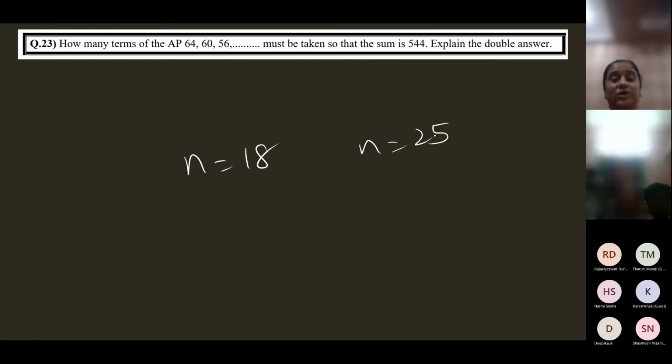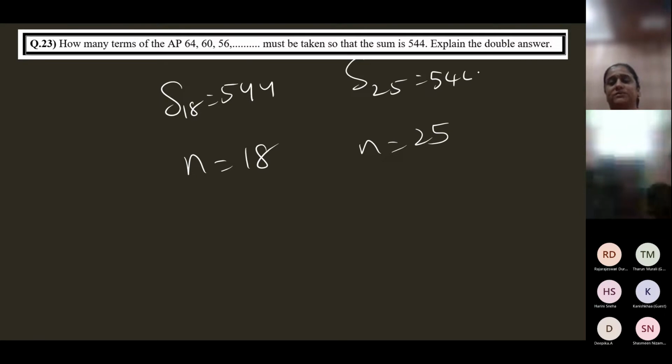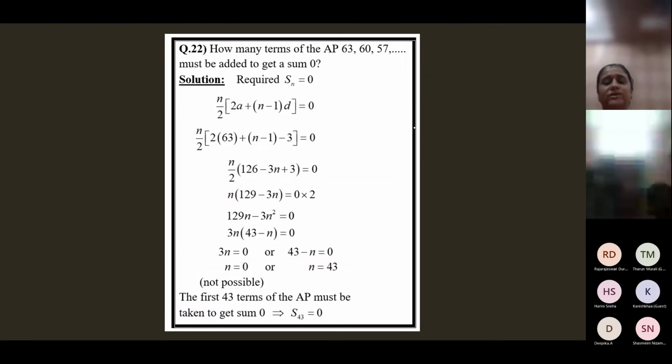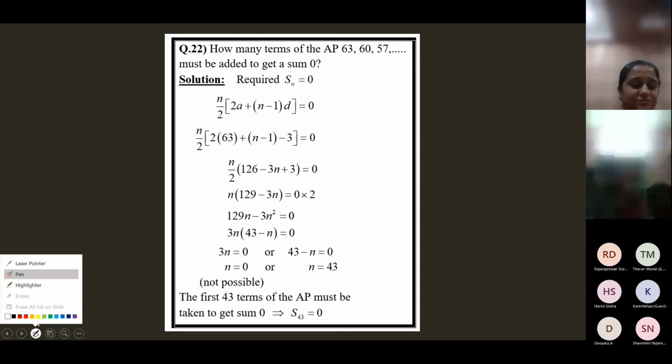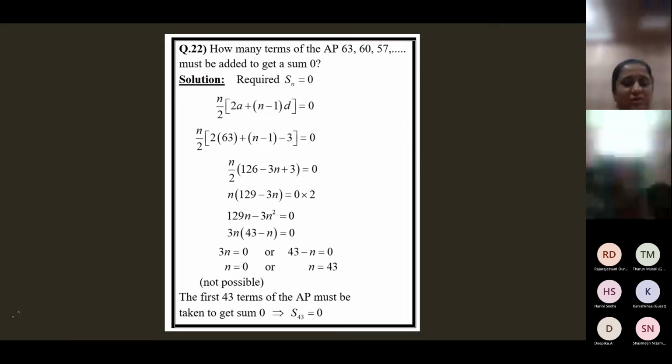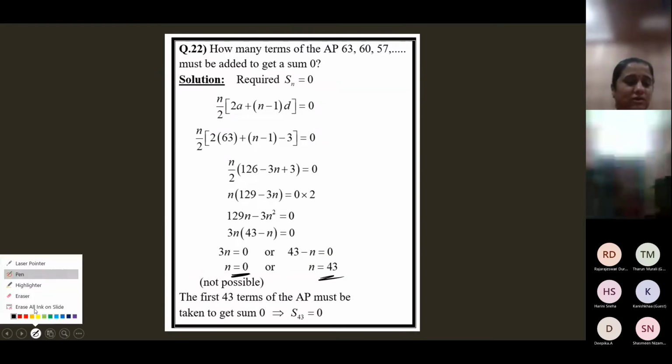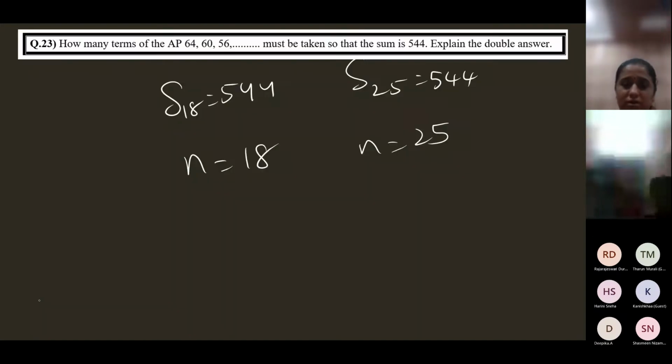Now you cannot say 25 is bigger, so I'll go with 25. Or you cannot say, no, 18 is small, so I'll go with 18. No, both are acceptable. Sum of 18 terms can be 544, or sum of 25 terms also can be 544. See, in the earlier case, we said n cannot be 0, because that is very logical. So we said n is 43. But supposing you work and you get